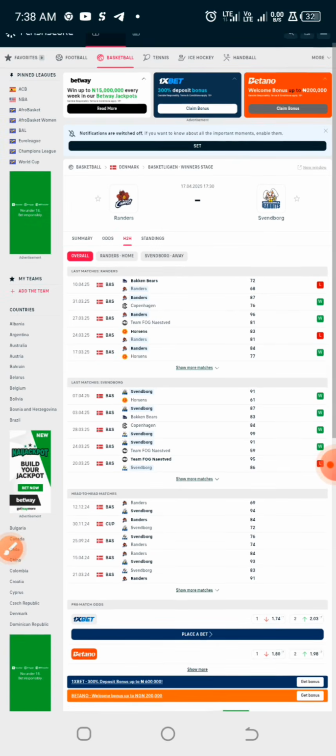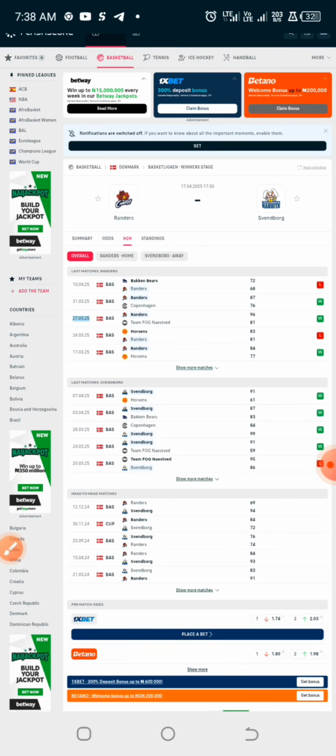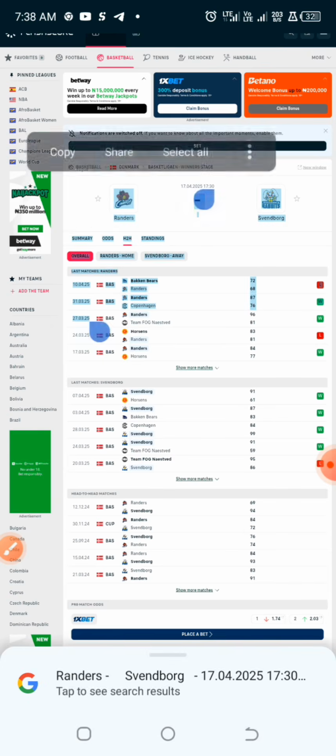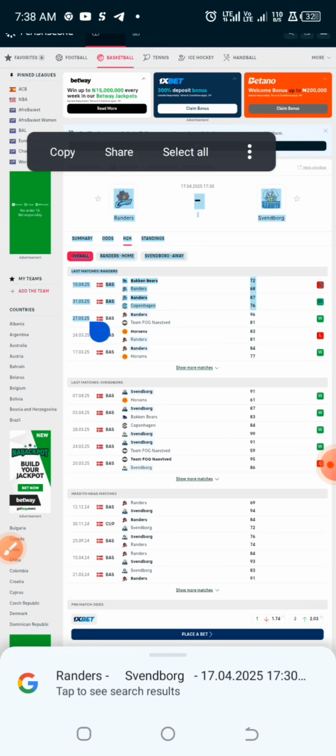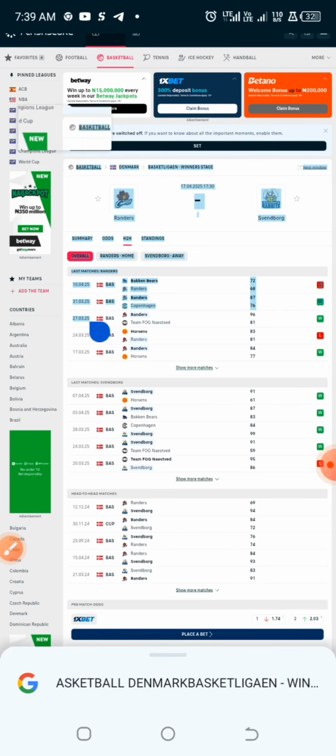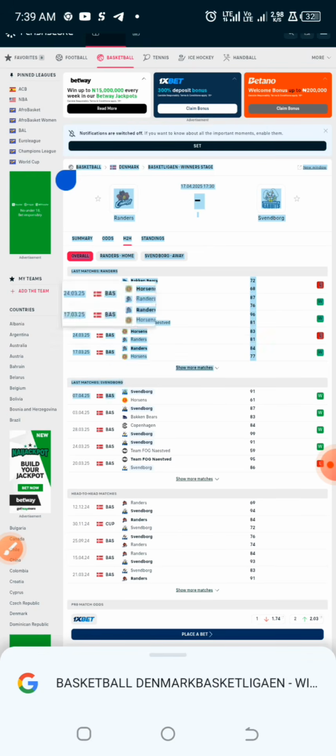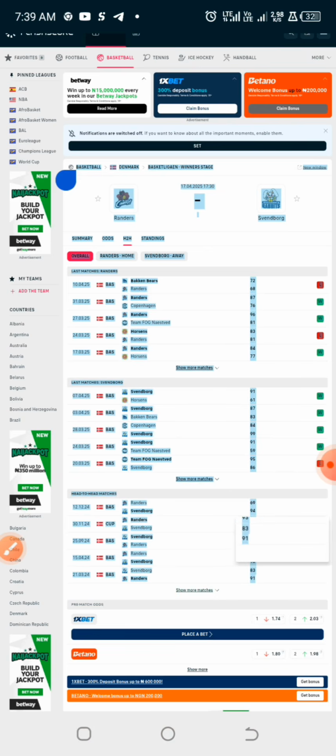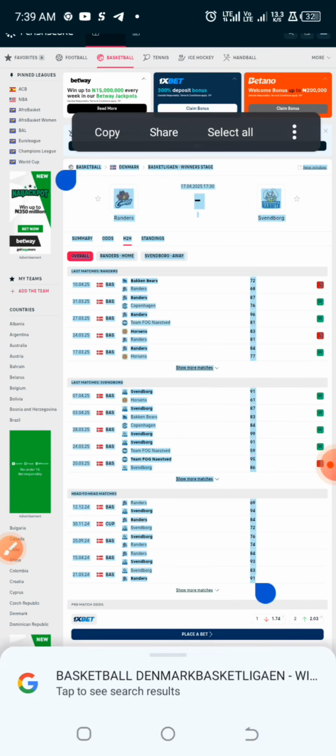Copy it like this. You copy it down to the last figure.